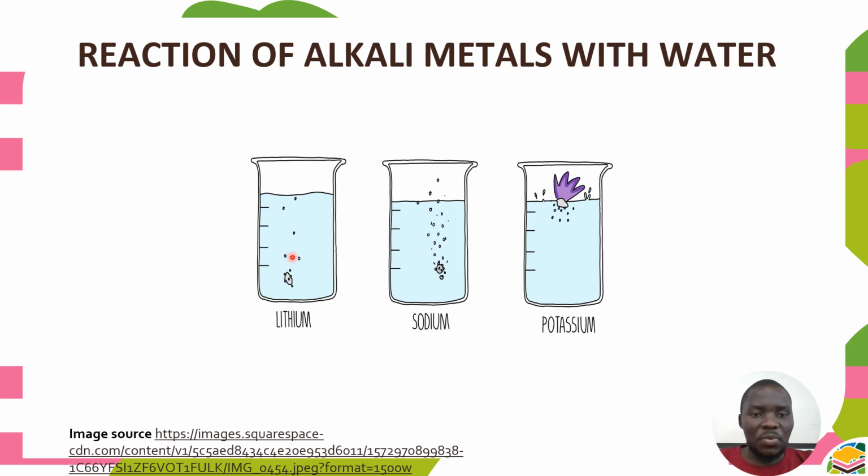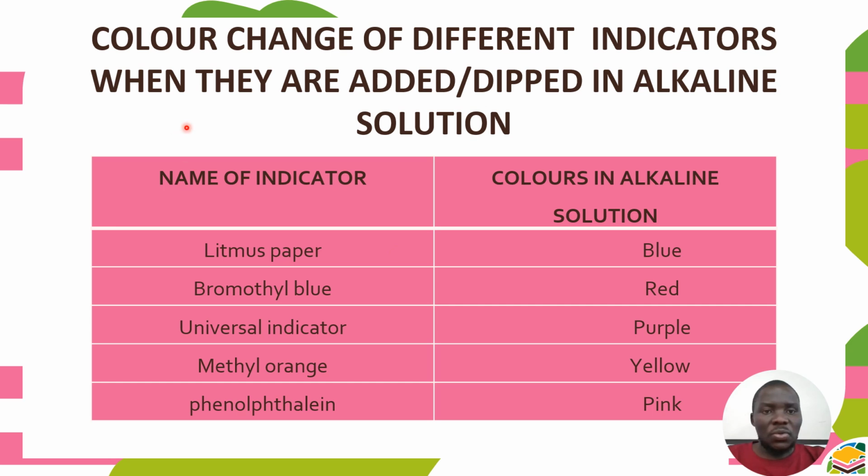If you look, it shows small bubbles, which shows that the reaction is taking place. But if you check the sodium, the number of bubbles is increasing, which tells you that the reaction is now more vigorous. But here, check, just putting it there, there are many bubbles, and it is able to burn. It produces some sparks, which tells us that the reaction is more explosive since potassium is most reactive. So